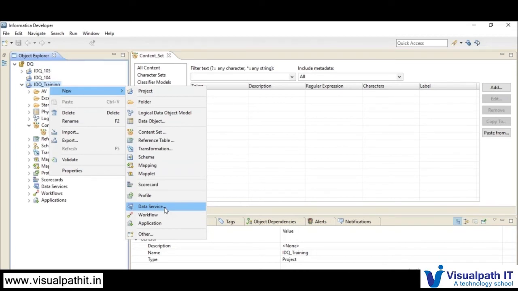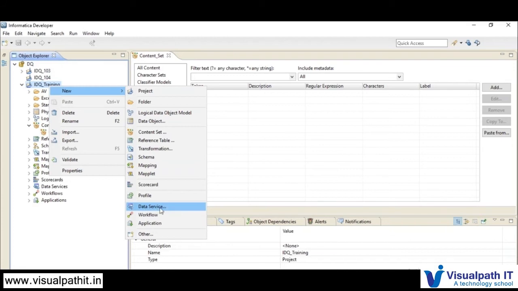So if you are using third party services like MDM, any Java related tools, or any Java code in your front end application, and you want to use an Informatica Data Quality rule, then the data service will help you.